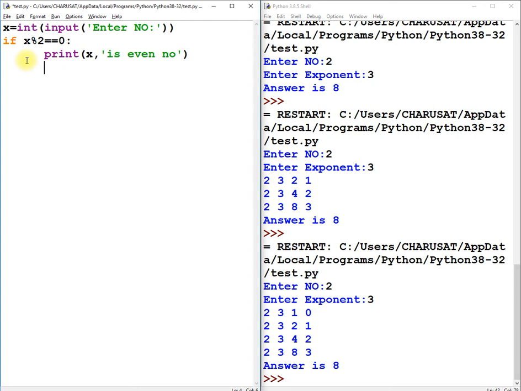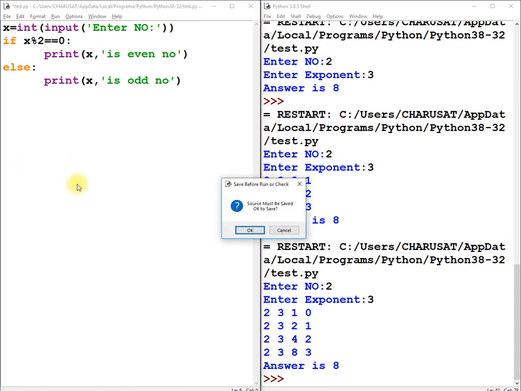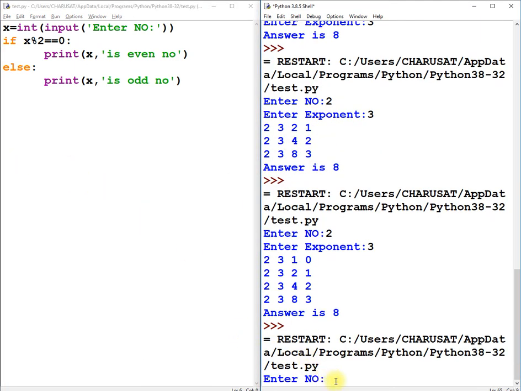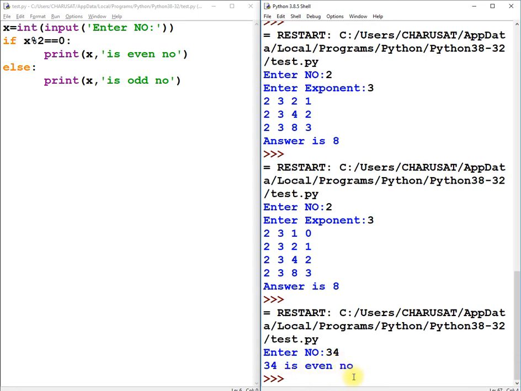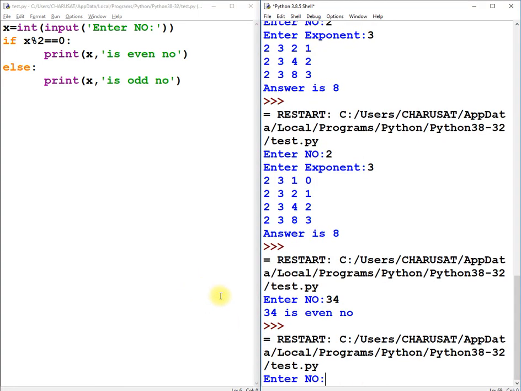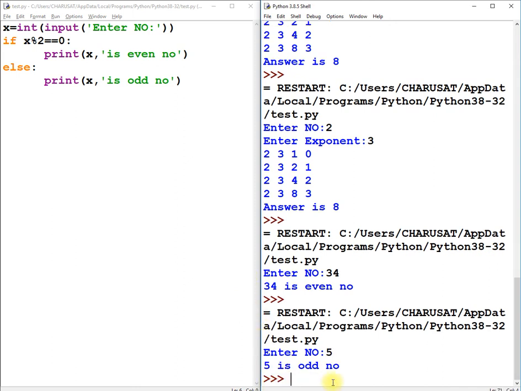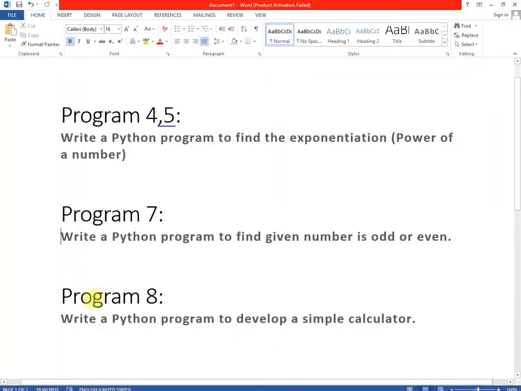If this is not true, there is only one possibility, and I'll print x is odd number. Let us run this code. It is asking me for my number. Let us say 34. 34 is an even number. Again I'll run this code, enter 5. 5 is an odd number. So this is how you can use if and else statements to find out an odd or even number.